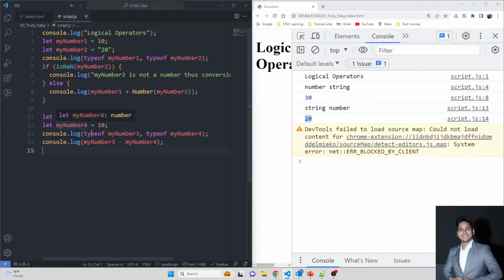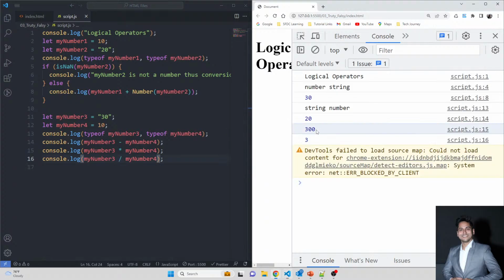That is the reason JavaScript internally converts this string into a number and then performs the subtraction, and that is why we get the actual result. This is true for multiplication as well as division. So if I put multiplication and division here, we do get the expected result. But in case I perform the addition here,